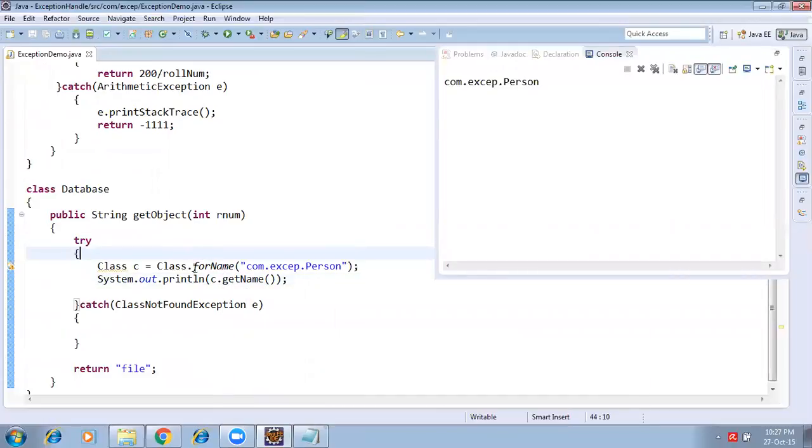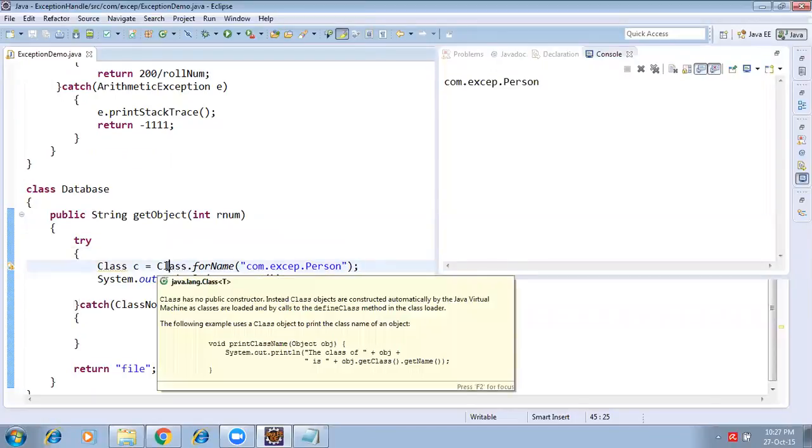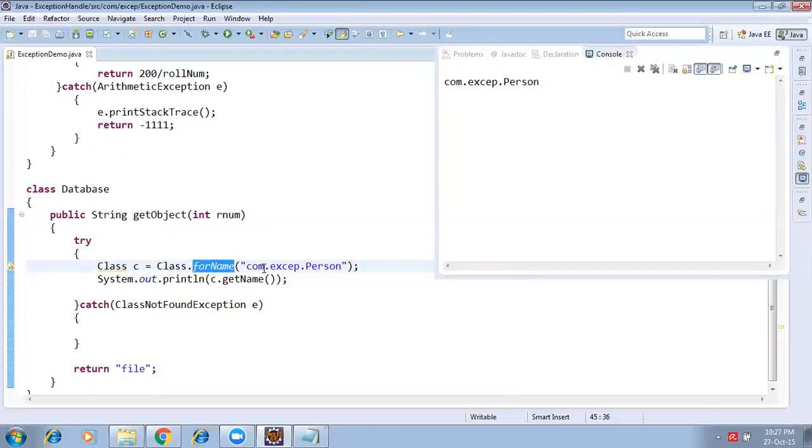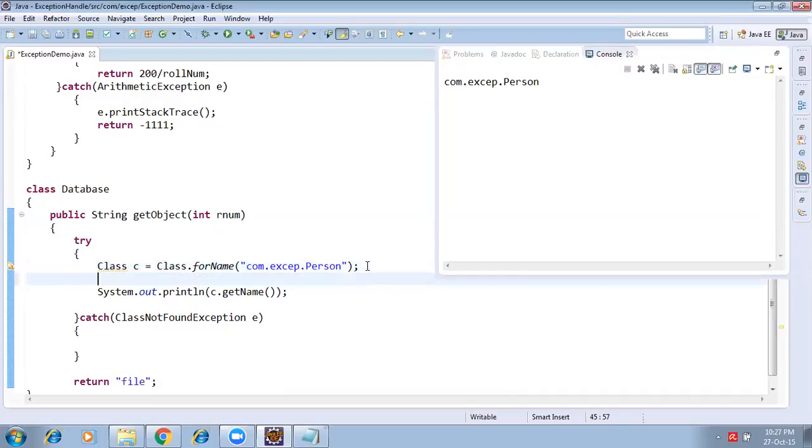See here, right? Class is an existing class inside the JDK. Class.forName, and here you need to pass a fully qualified class name, com.exception.Person, and it will return you a value of type Class. And by using this we are able to get the Person object also, like Person p equal to